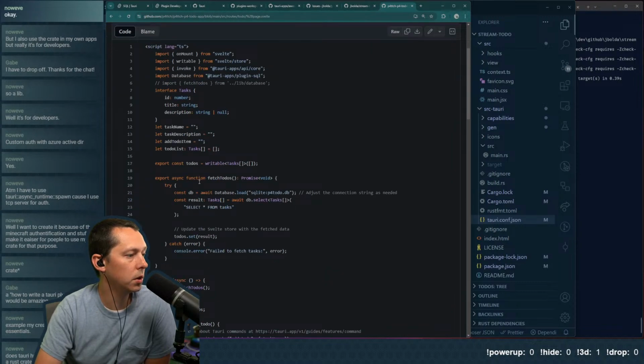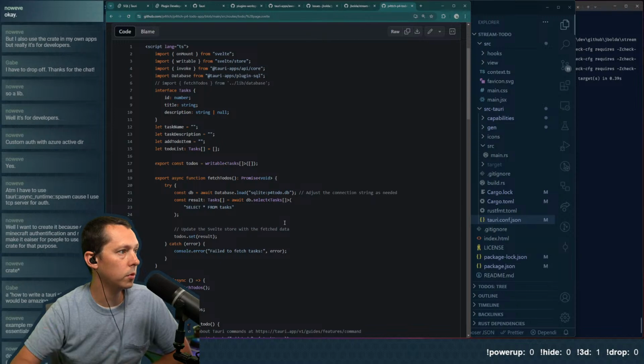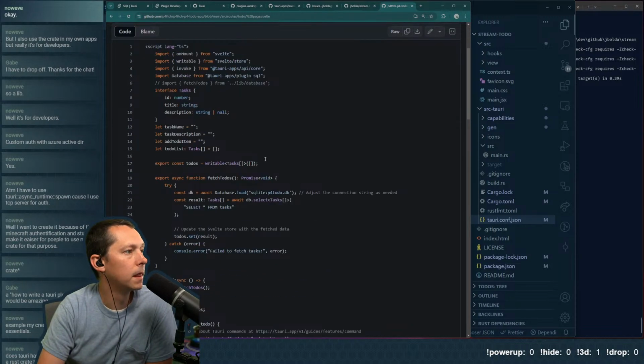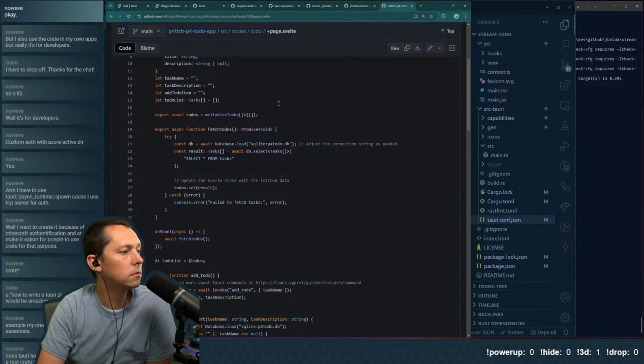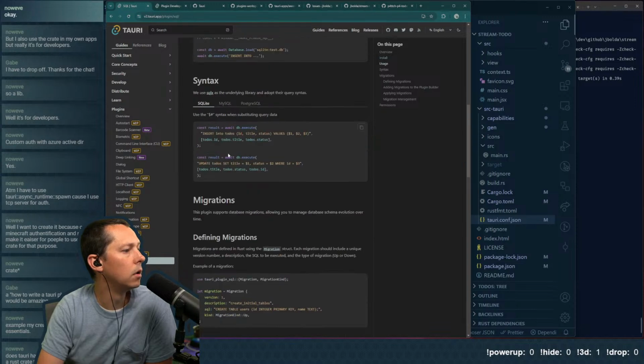This is going to be the main page. The rest is the chrome, or the pieces around it. So you can see there's the import database. They're using SQLite. And as Gabe, and I think the docs mention this too,